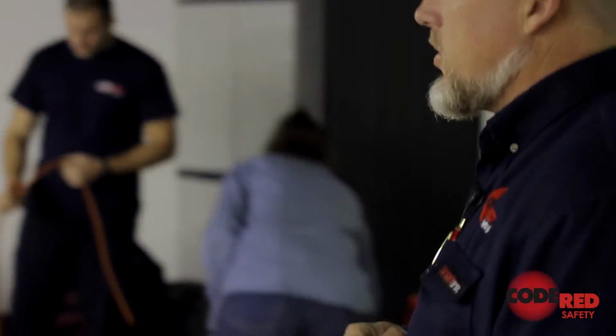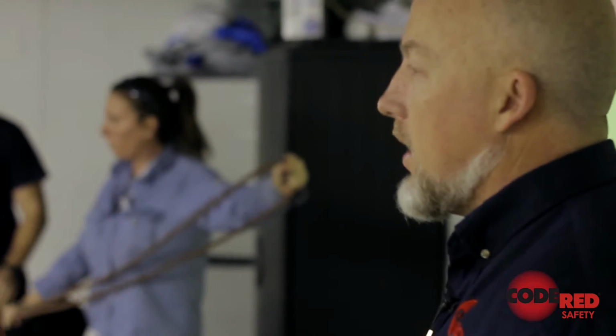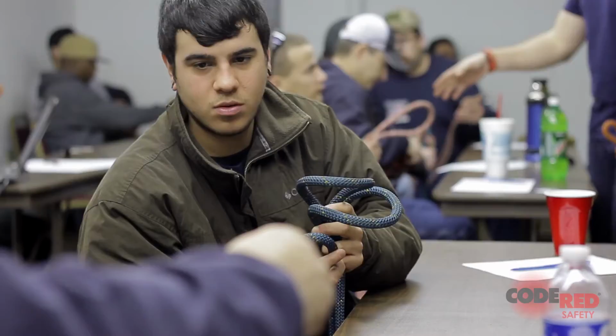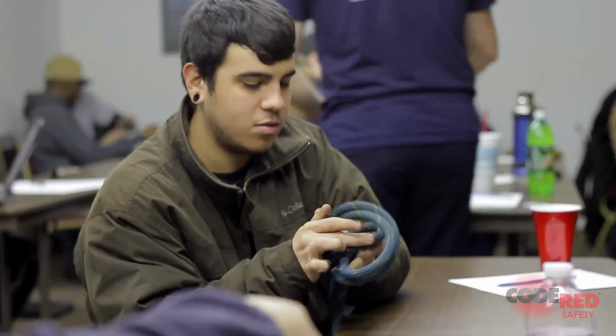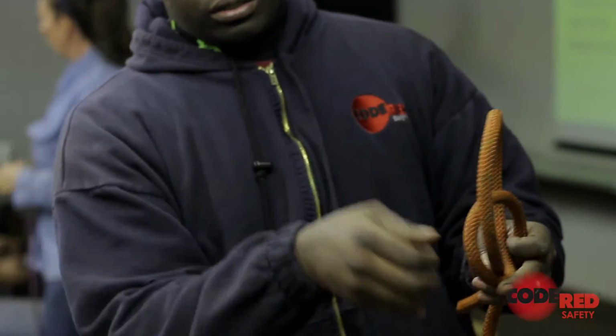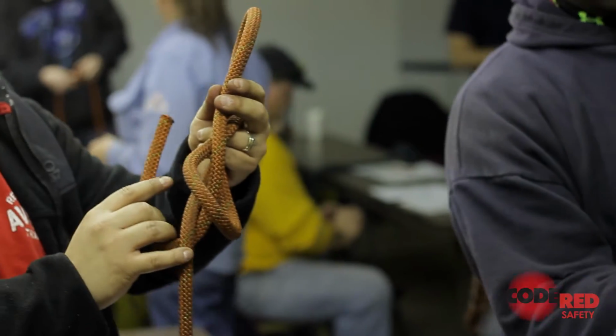Now, when I say tie a knot, there's two things to that. You need to be able to tie it expediently, but it needs to be tied correctly, and it needs to be dressed. We don't want no naked knots, okay? Without a knot, you just have a rope. So knots are the foundation of how we do rescue. That's how we attach our ropes to our equipment, how we turn an ordinary rope into